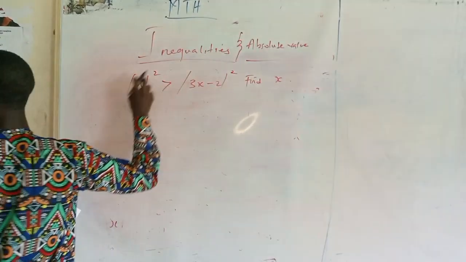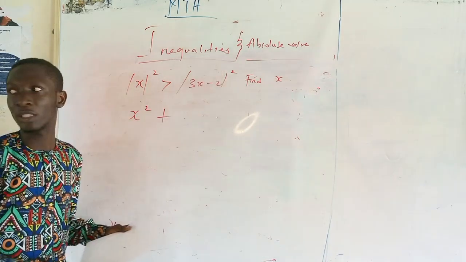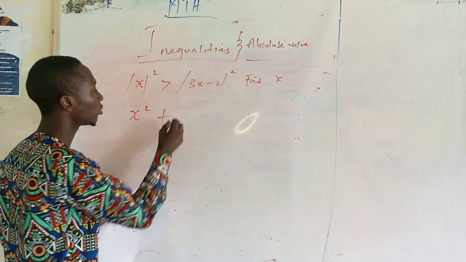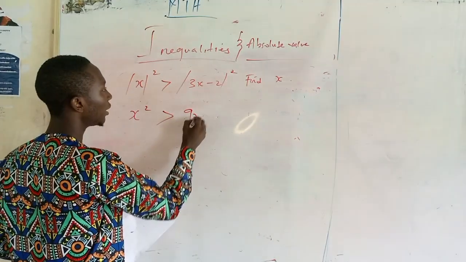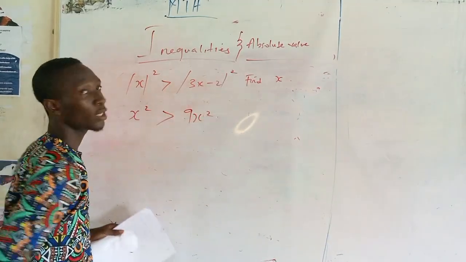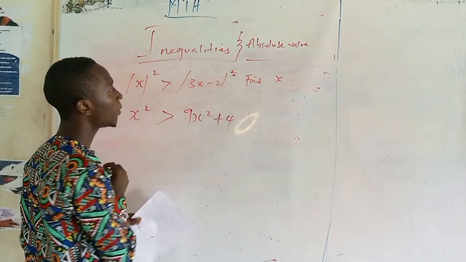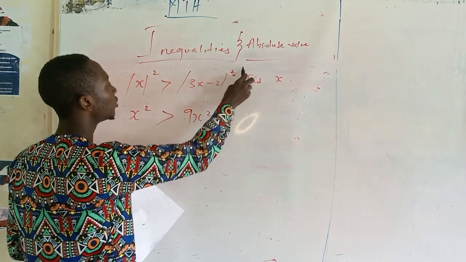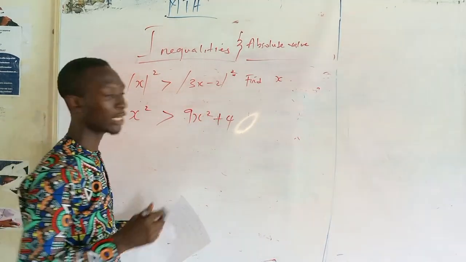So simple. x squared, now square this, it becomes what? 3x raised to power 2 becomes what? Greater than 3x raised to power 2 becomes 9x squared, minus 2 squared becomes plus 4. Now use this power to multiply everything in this step. 2 times 3 becomes what? 6x. 6x times minus 2 is now what? Minus